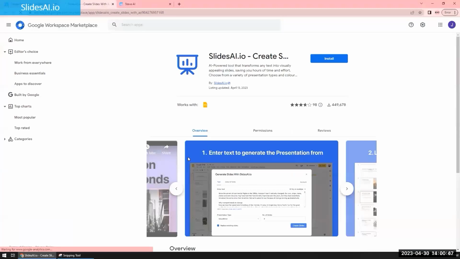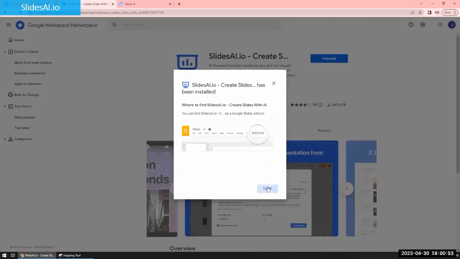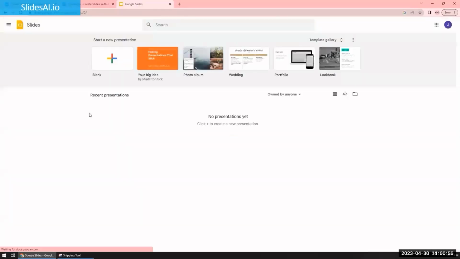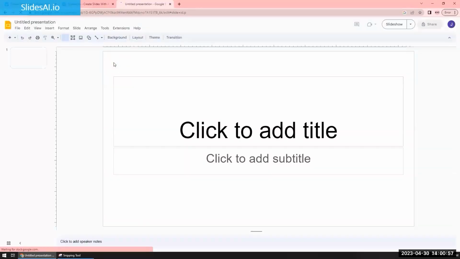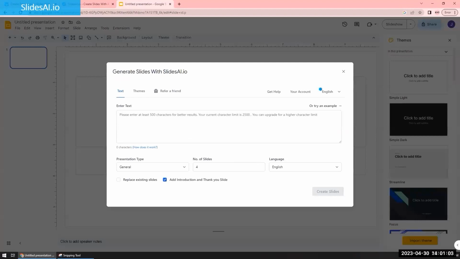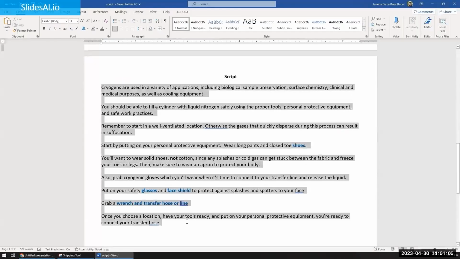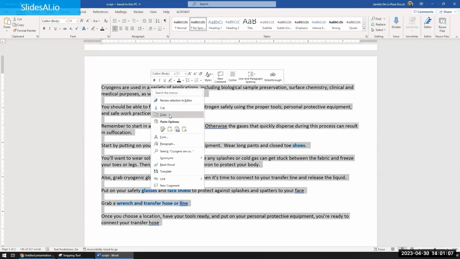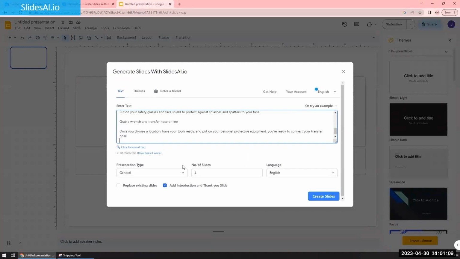So I'm going to show you something called slidesai.io, and this is what it looks like. It's actually not a separate software. As you can see, I just installed it as an extension in Chrome, and I'm using Google Slides. When I open up this extension in Google Slides, it gives me a little prompt. And what I've done beforehand is I had this script that I'm just going to copy and paste into this